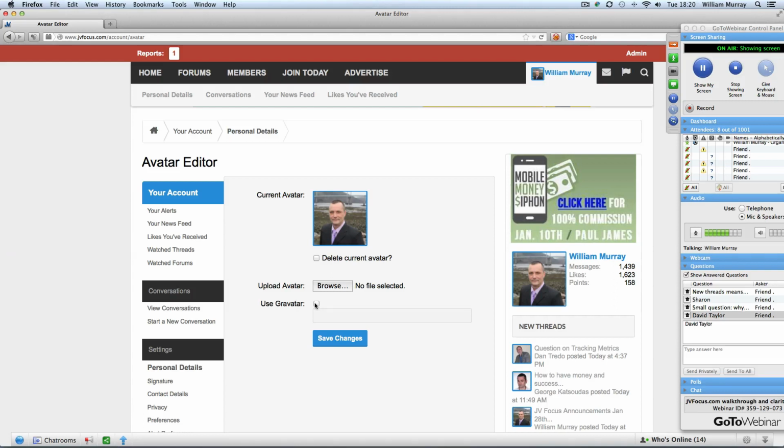Is anybody not familiar with the term gravatar? It's something that you would set up if you have a WordPress site. It's like a worldwide recognized profile that you can pick up when you've got a WordPress site. So you can put your gravatar ID in here and it will pull it into here. I've just put my photo up manually, David, so